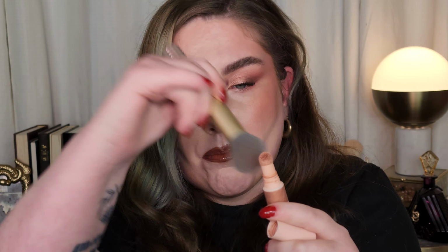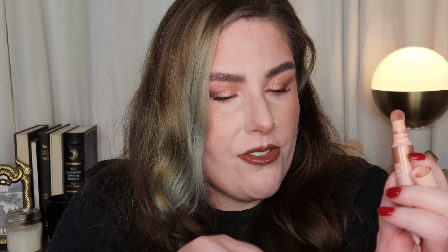And what I do is I just take them straight off the tube like this. I squeeze a little bit up and take the brush onto it. It keeps it from getting messy and gross and getting product everywhere. Then I kind of work it into the brush on my hand or whatever, and then tap onto the cheeks from there. It gives a nice diffused application without it sticking in one particular spot or anything like that. And you can pounce these over a set face if you do it carefully in this manner,